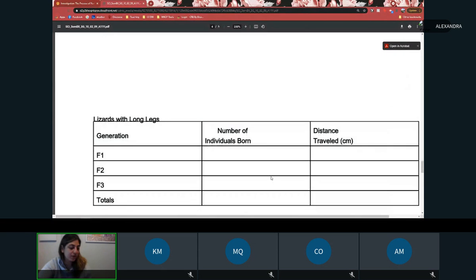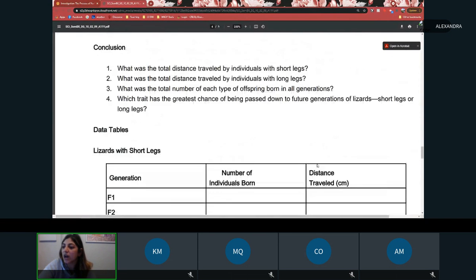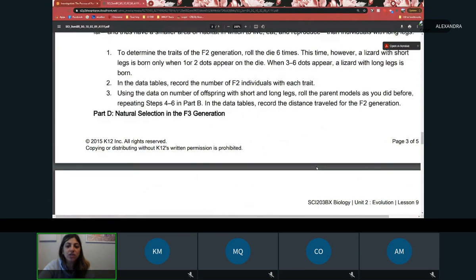And then because I've had 1 offspring with the long leg, I'm going to go ahead and roll this across. And I'm going to say 1 thing across is 19 centimeters. So 19 centimeters is the distance traveled. Then you're going to go ahead and start doing this again. So every single time, I'm not going to do all of it, but basically that is the general idea of